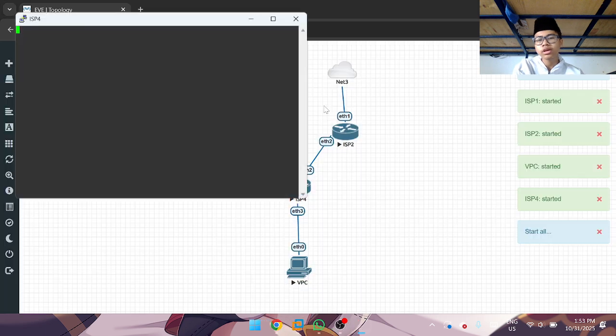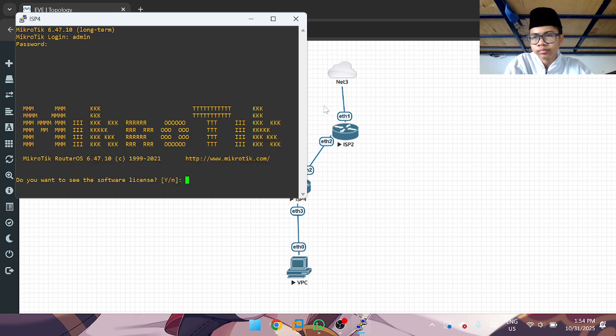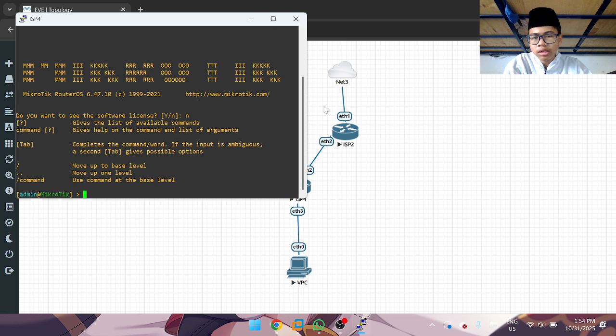First, I want to configure the gateway. Wait for a minute and log in to it. After that, you give some basic config, this IP address.